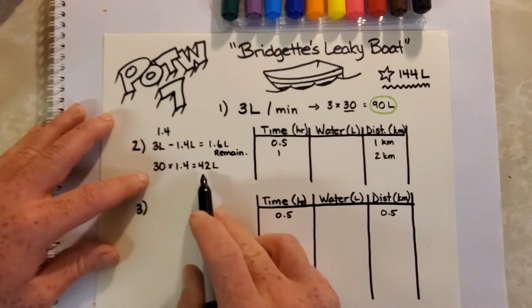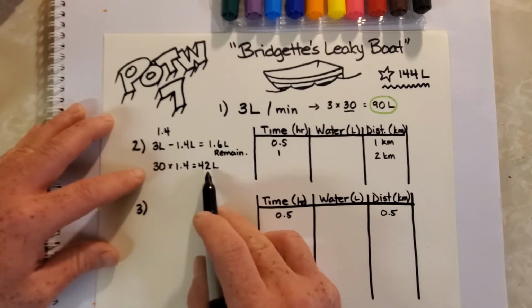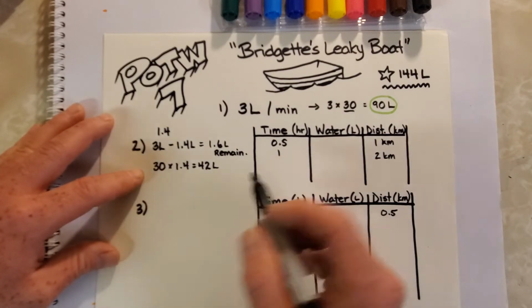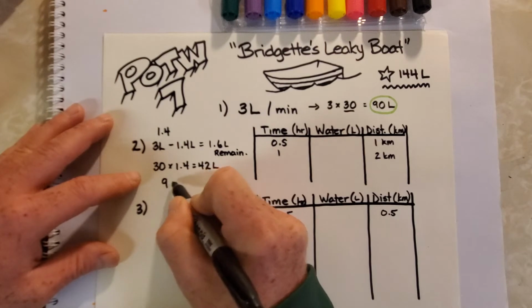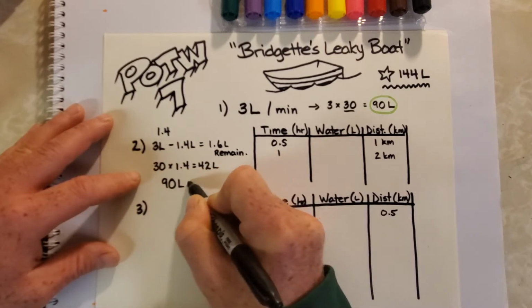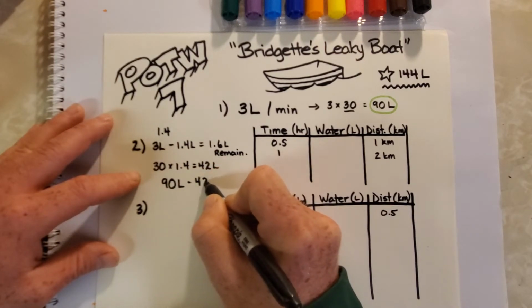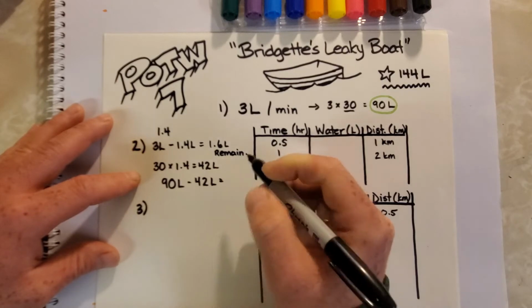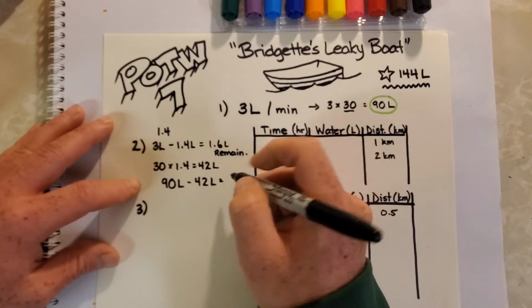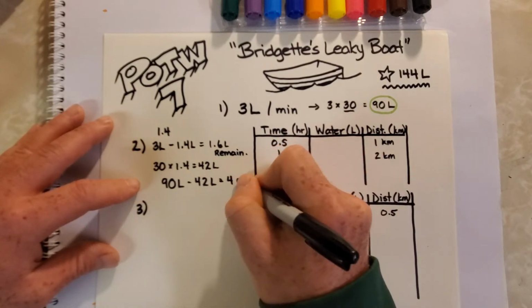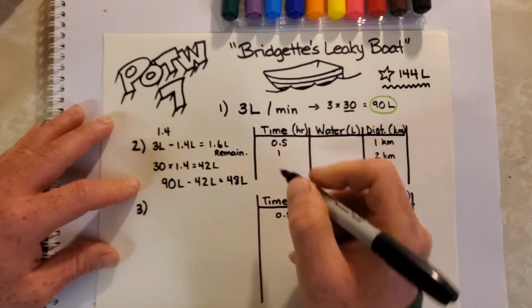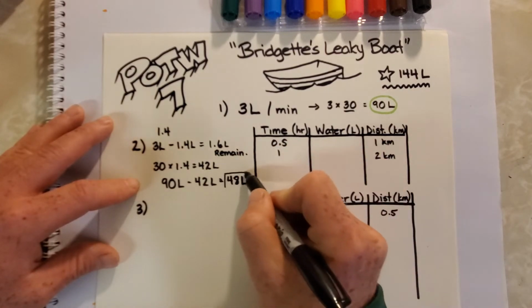We now know that in a 30-minute span of time, she can remove 42 liters. So if we take 90 liters minus 42 liters, we are left with 48 liters still in the boat